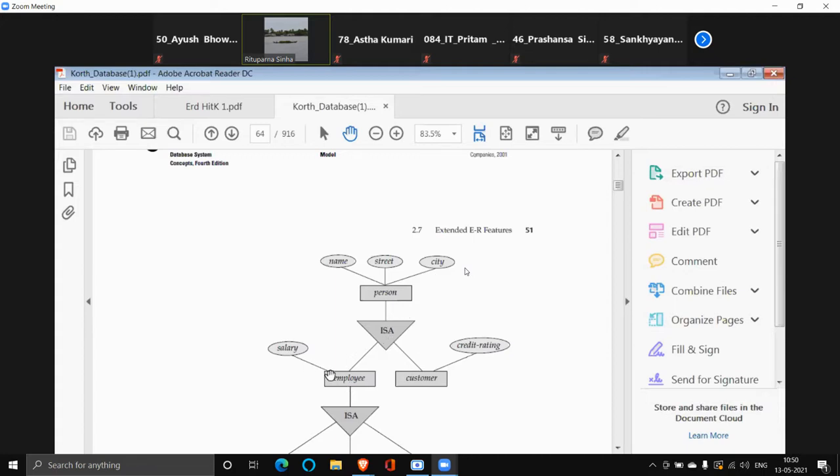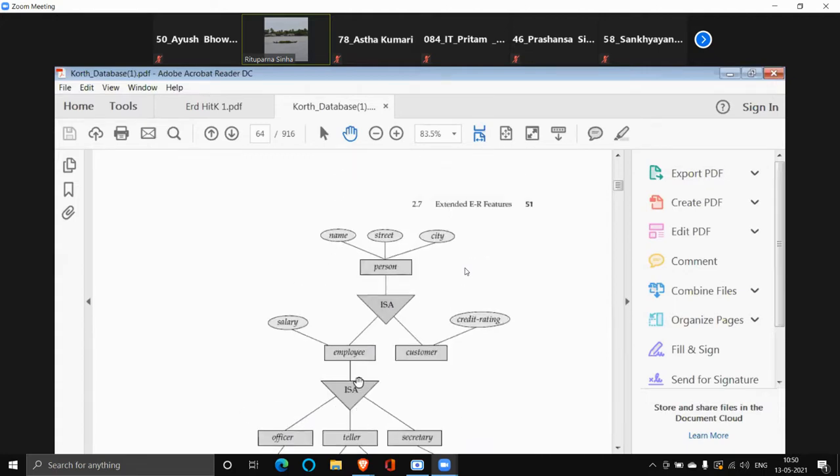So what is the special attribute to employee? For employee, here they have written salary. You could have attached many attributes here, employee ID and other details. For customer, you could have attached customer ID, salary, credit rating, these details, which will only belong to customer. Similarly here, whatever attributes you attach to employee will only belong to employee. And both employee and customer will have the common attributes of person, because since employee is also a person and customer is also a person, the common attributes are name, street, and city.